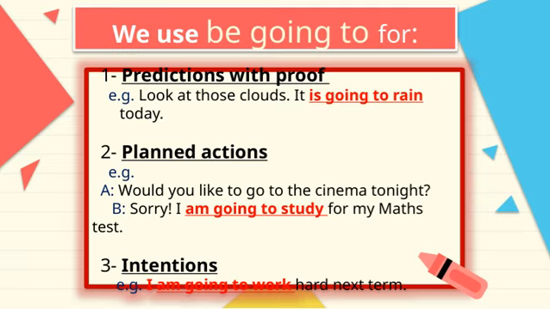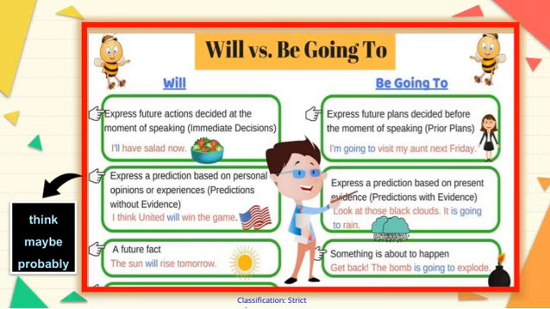Throughout all of this, the key phrase is "be going to." We use it to express predictions based on evidence, planned actions, and our personal intentions. It helps us clearly communicate what we expect or aim to do, connecting seamlessly to the overall theme of expressing future ideas. So when we think about decision-making, especially in uncertain situations, words like think, maybe, and probably come into